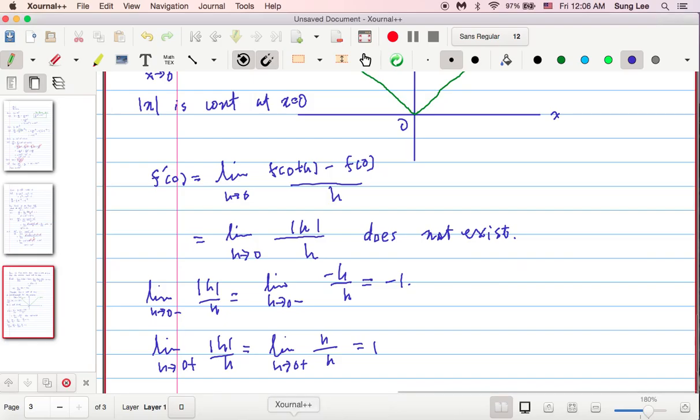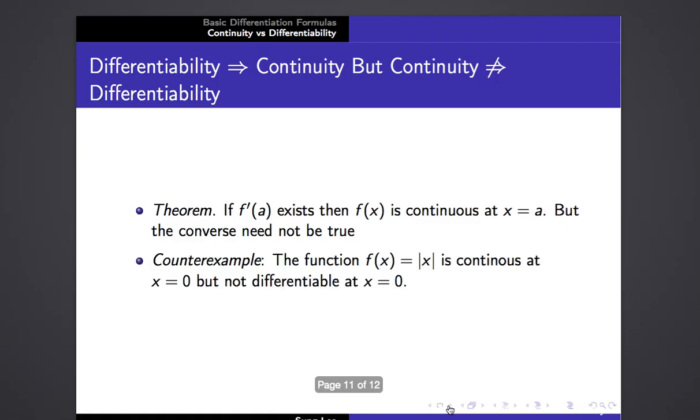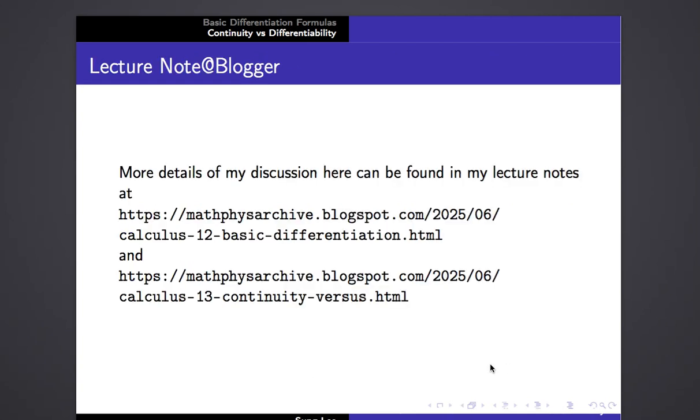Okay, so going back to our slide, I believe this is the end of my lecture today. I mentioned the common example here, right? Okay. The more details of my discussion in this lecture can be found in my lecture notes